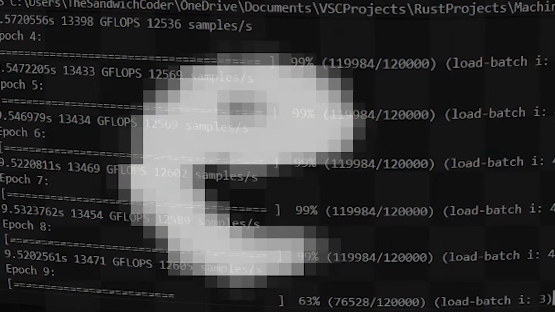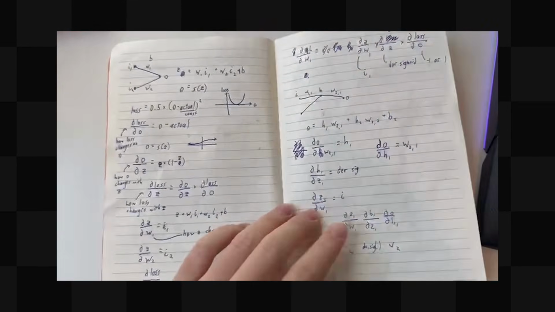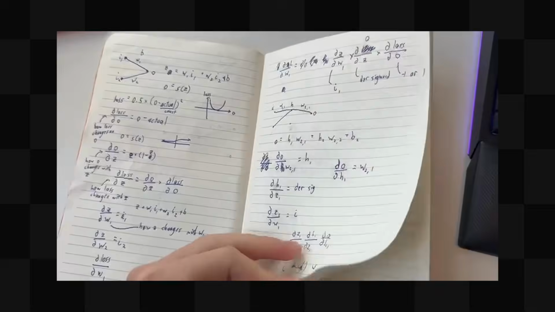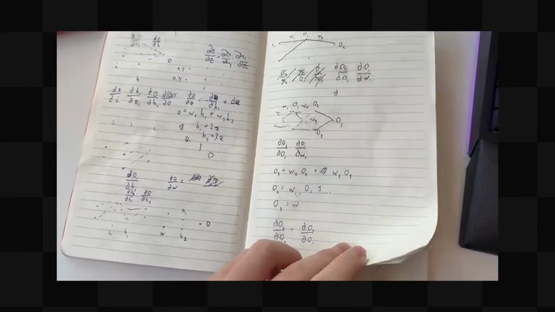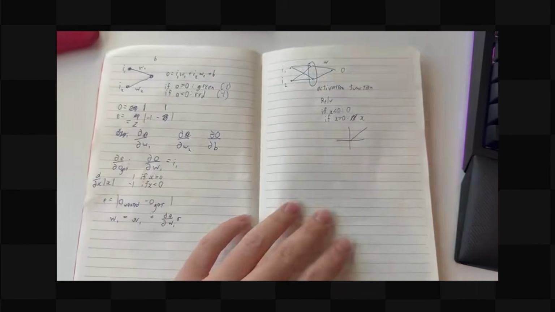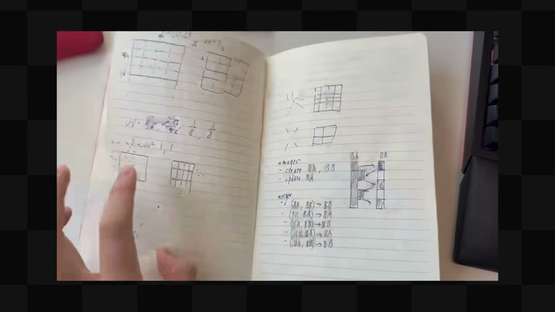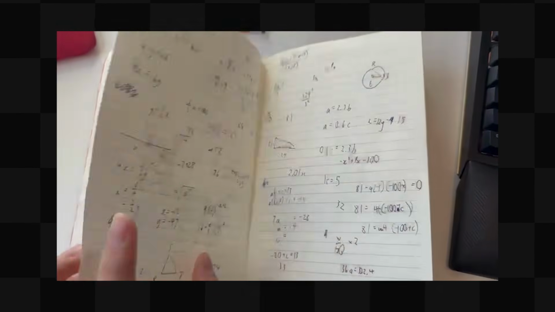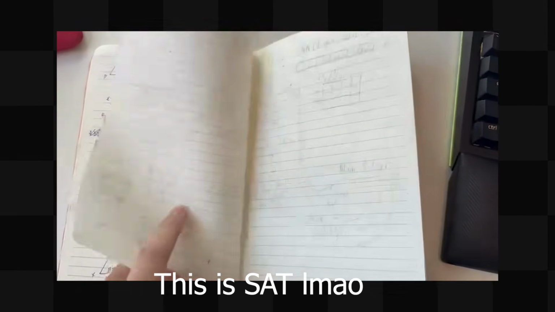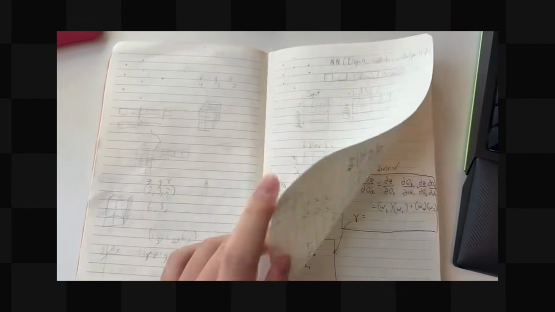Now, before I end off the video, here are some things that I need to improve on. Also, in the background, I'll be flipping through the notebook that I used during these 4 months to prove that I actually went through the suffering and did this legit. Firstly, I practically learned how to use the GPU when making the neural network portion, which honestly I'm quite amazed I even got as far as I did, but more importantly, the code there is complete dog shit. So if I continue the project, that's the